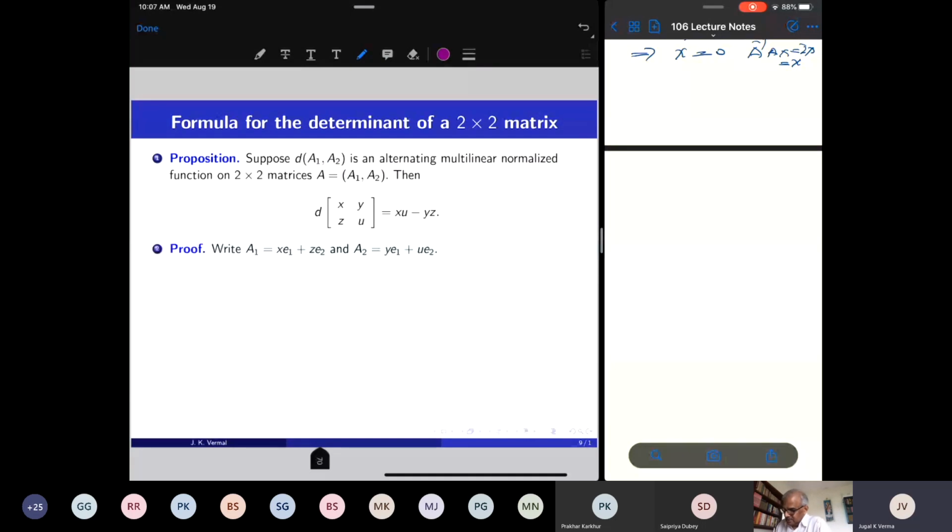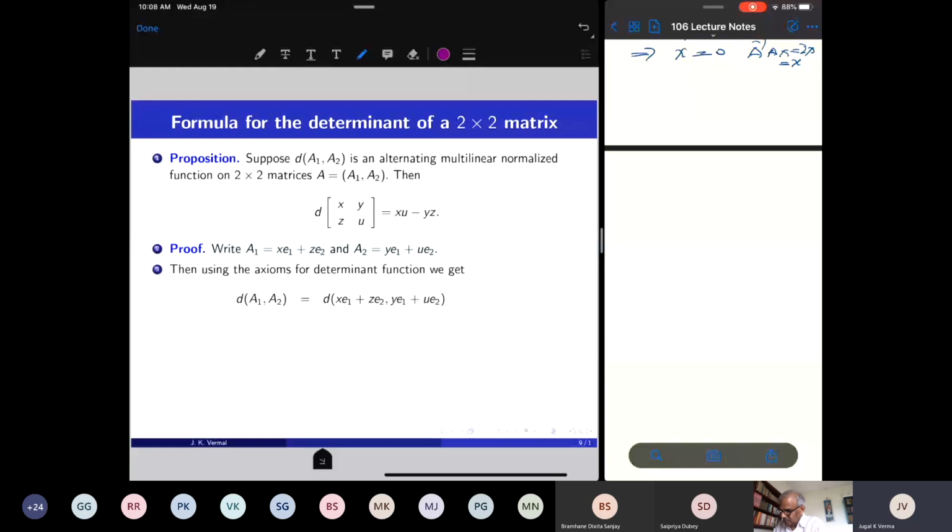So what we do is look at the first column vector x, z. So A1 can be written as xe1 plus ze2. E1 and E2 are the standard basis vectors with two entries, and A2 has the entries y and u. So A2 can be written as ye1 plus ue2. Okay, so I calculate the determinant function of this 2 by 2 matrix, after writing A1 and A2,